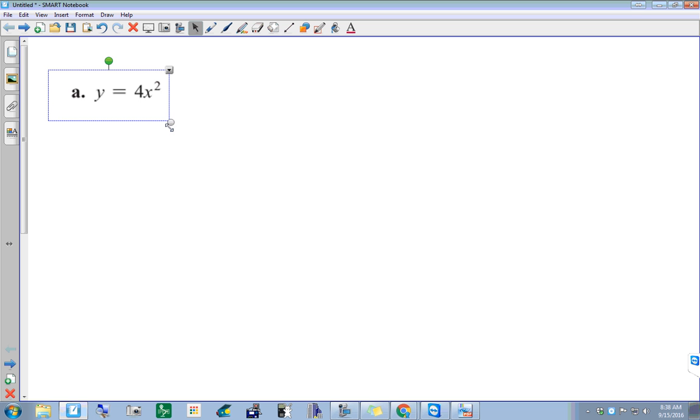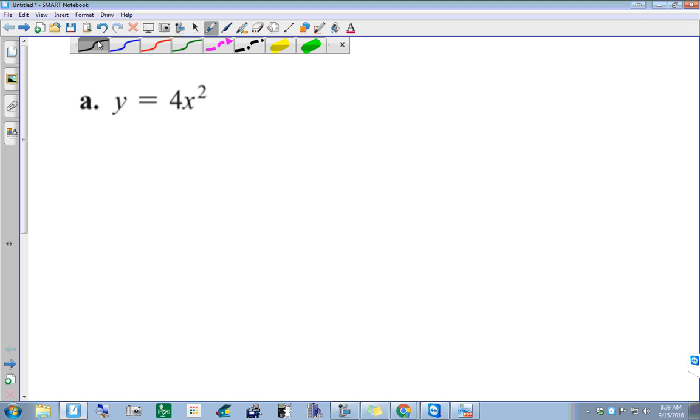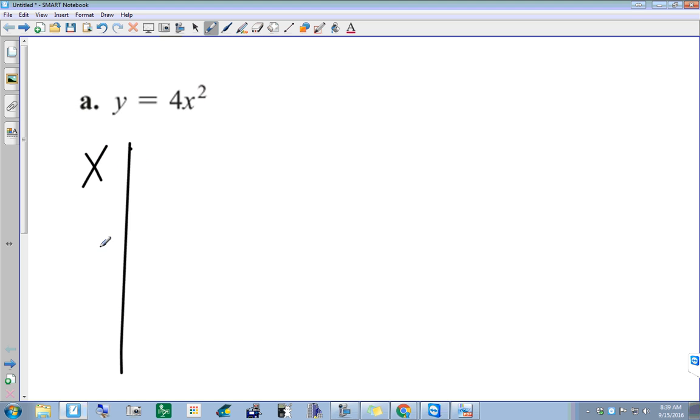So I've got y is equal to 4x. Okay? What is it? Well, as we go through this, you'll recognize that this is going to be a parabola. And if we do what we used to do, we just kind of pick numbers to go in for it. So if I make an XY table,